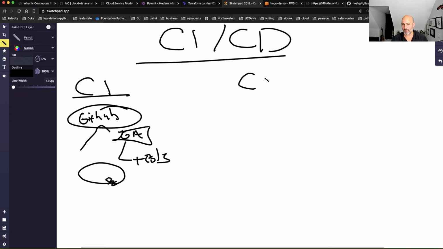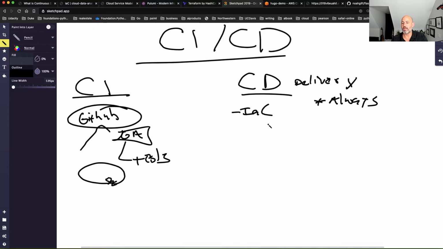CD is a little bit different in that what it stands for is delivery. And what it means is that your code is always in a deliverable state. This is really subtle, but how could that be? Well, one, we just talked about it, infrastructure as code is a big deal. If you don't have templated infrastructure, where you can easily create a dev environment, a staging environment, a production environment, a whatever environment, then you can't do this.